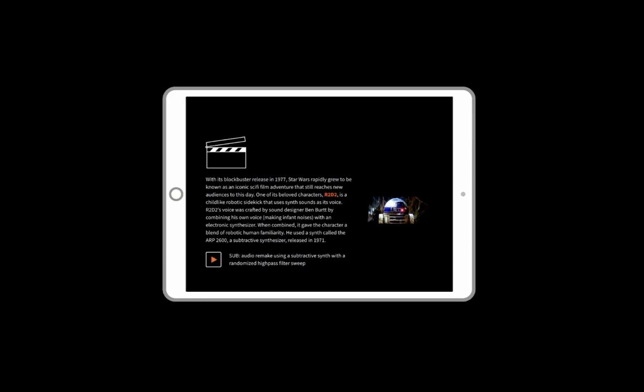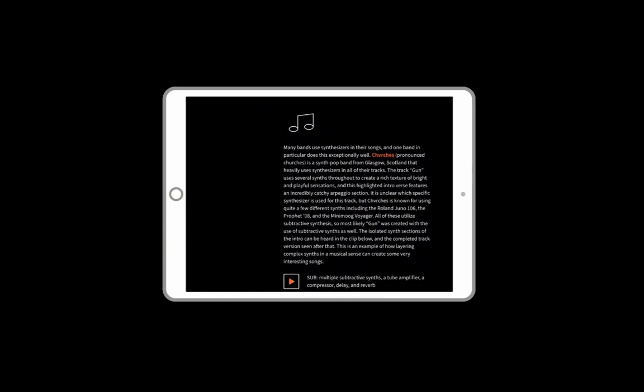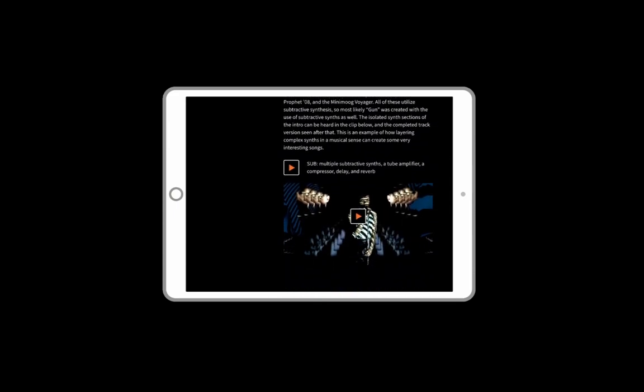Using subtractive synthesis and more subtractive synthesis in music. And then the actual context of the music.